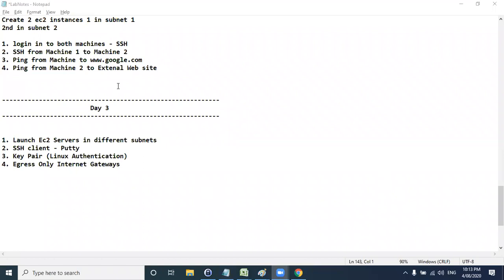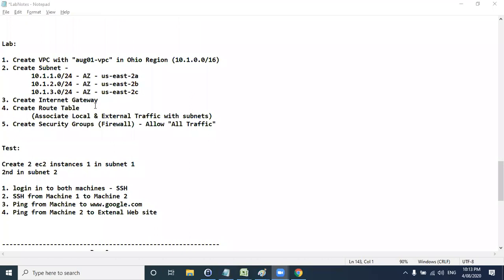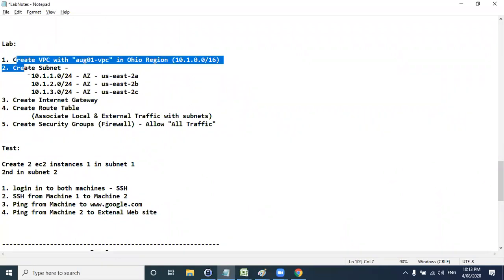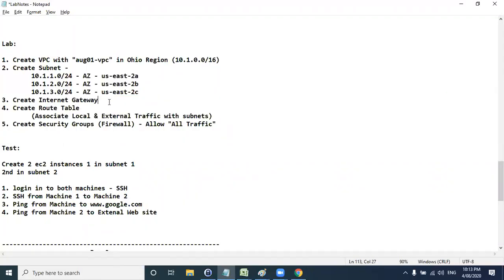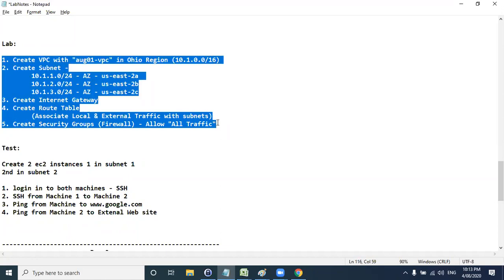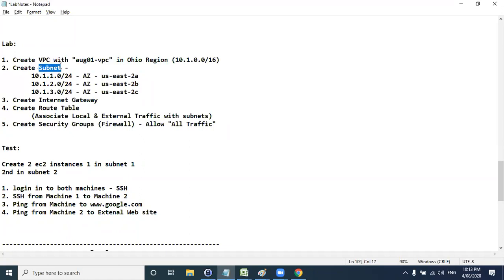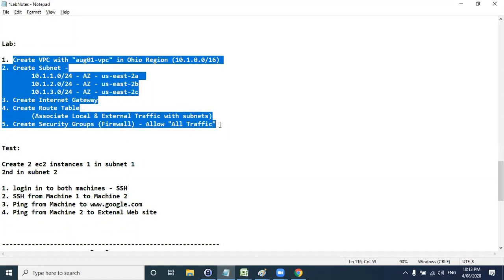If you are not clear on any topic like internet gateway or route table, just keep your doubts as they are for this session or until tomorrow's session. You will clearly understand all these jargon terminologies, how to use them, and why we are creating all this. In everyday AWS work, whether you are a developer, sysops, or architect, you will not be creating VPCs or subnets every day. This is a one-time setup that an organization will do. But since you are preparing for the architect certificate, you must understand the fundamentals. That's the reason I'm describing everything in detail.